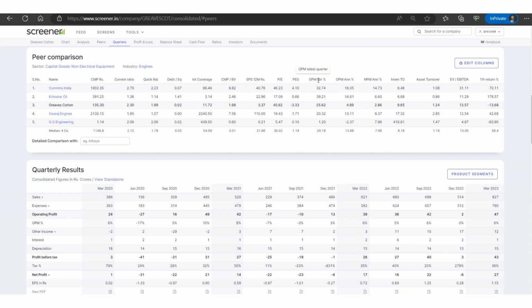So it's okay to use it for a quarter too, because we are comparing all the peers even for the quarter. So the gross profit margin for the quarter is actually less than the industrial median. So this is a bad sign. No, not really a bad sign. It's still 25%, but for our criteria, we have fixed something and we are going to follow that discipline. So we will label it as 0.